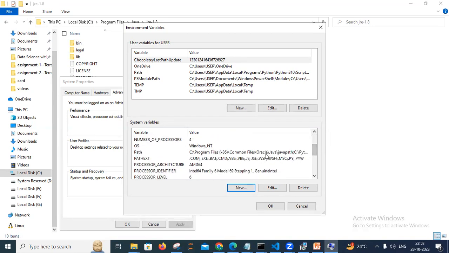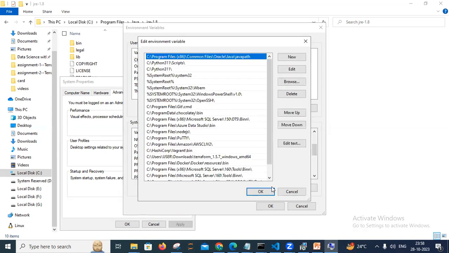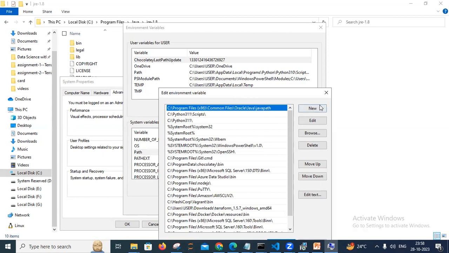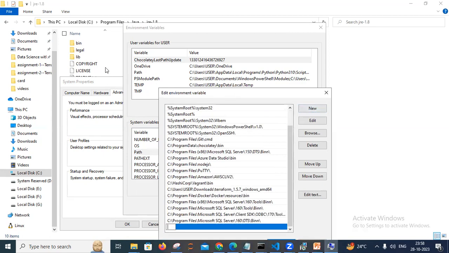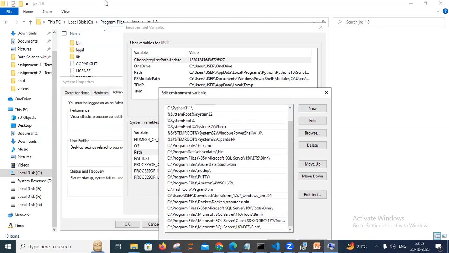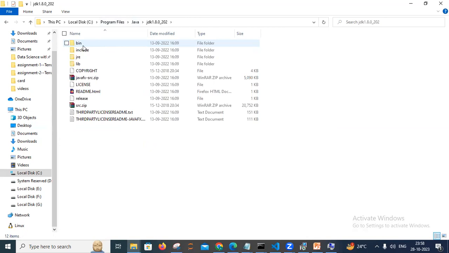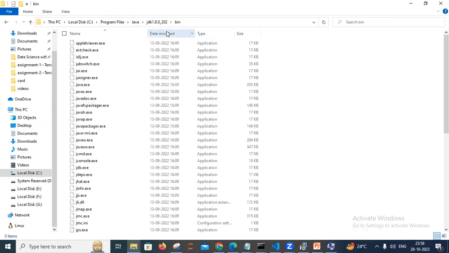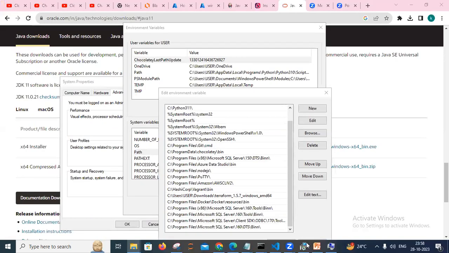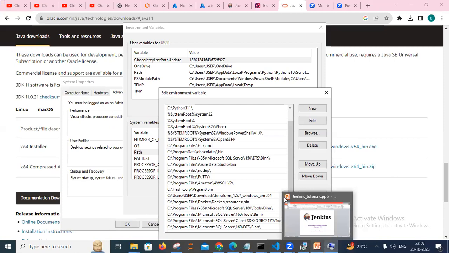And now you have to click on path and edit the path. And here you have to set the bin folder path. So new, you can see, go to Java JDK 1.8, go to bin and copy it. After that, you can add